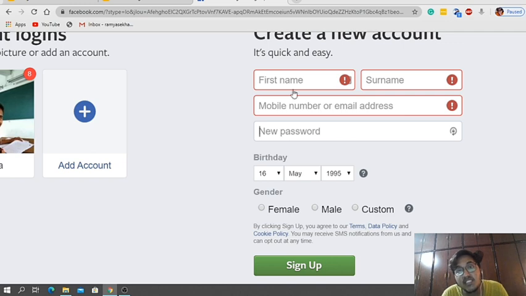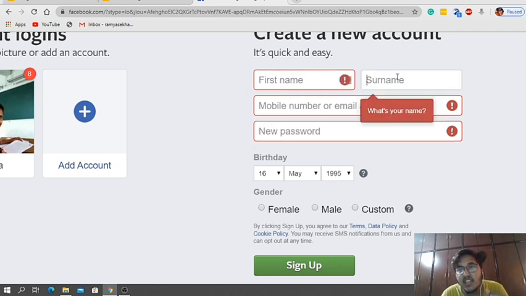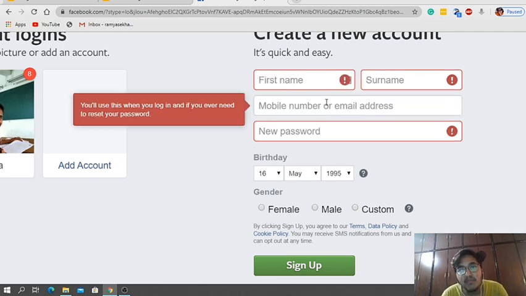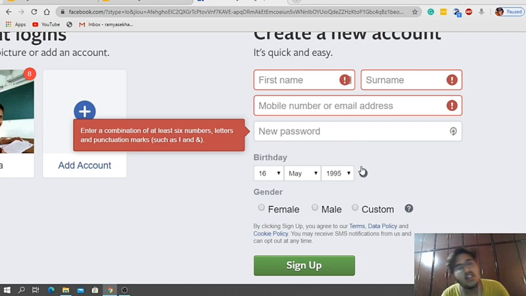First name is of string type, second is your surname, third is of numeric type. Fourth is alphanumeric, which may consist of numbers, letters and some special characters. Then this is date, and this is gender.